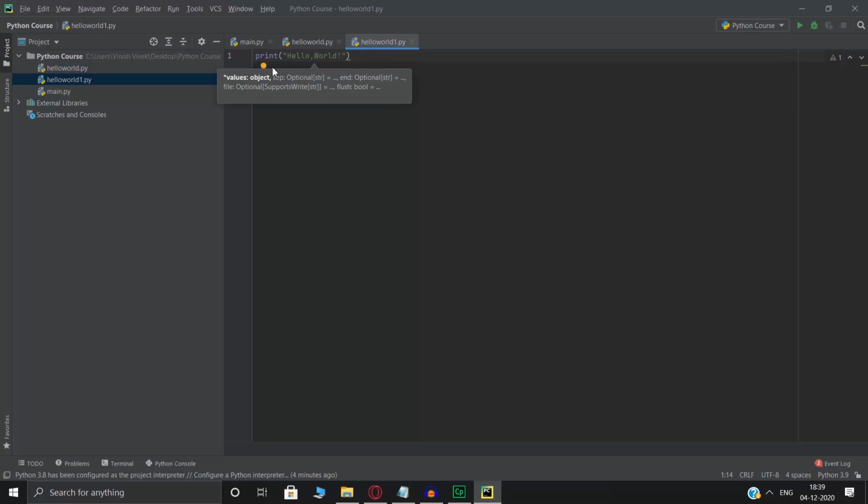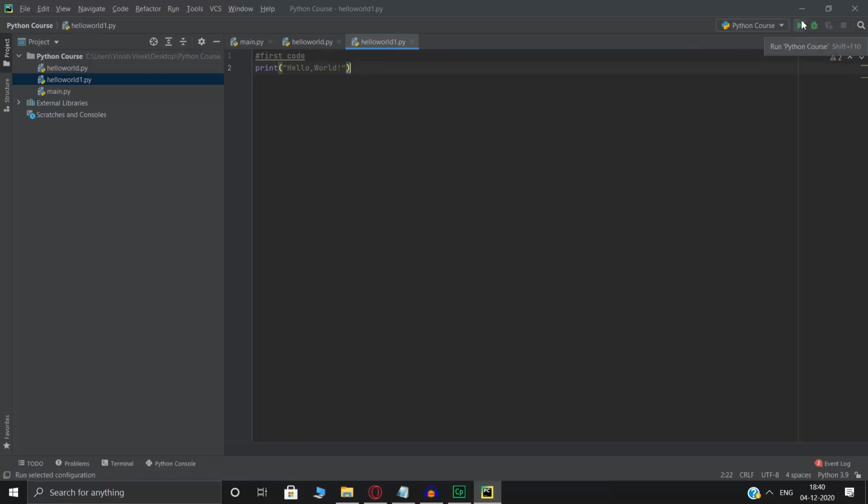So here I've written hello world, right? Let me just do one thing. Let me send this to the next line and just add a code. This is basically a comment. We're going to see comments and everything later, but just try and understand the hello world program. So I've written hello world, and now there are two options.